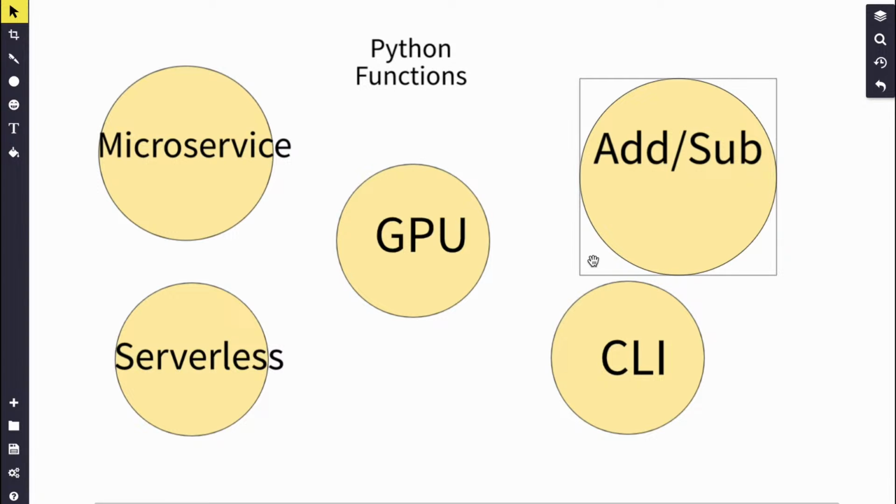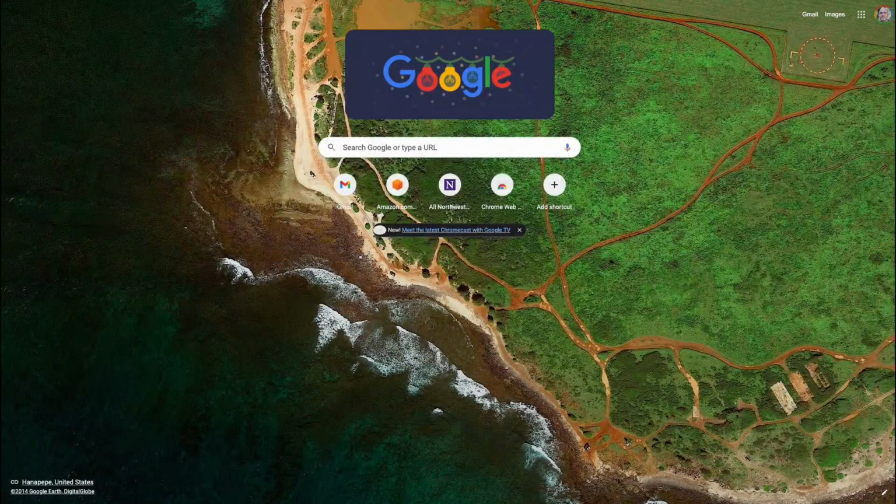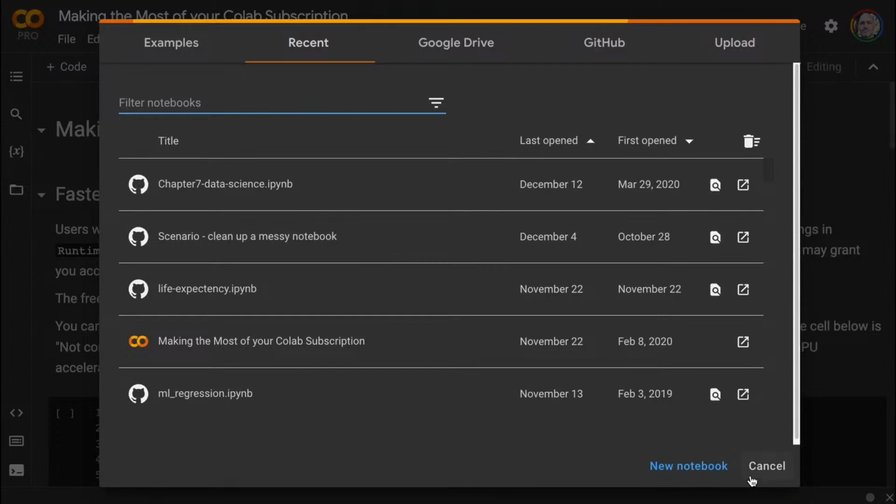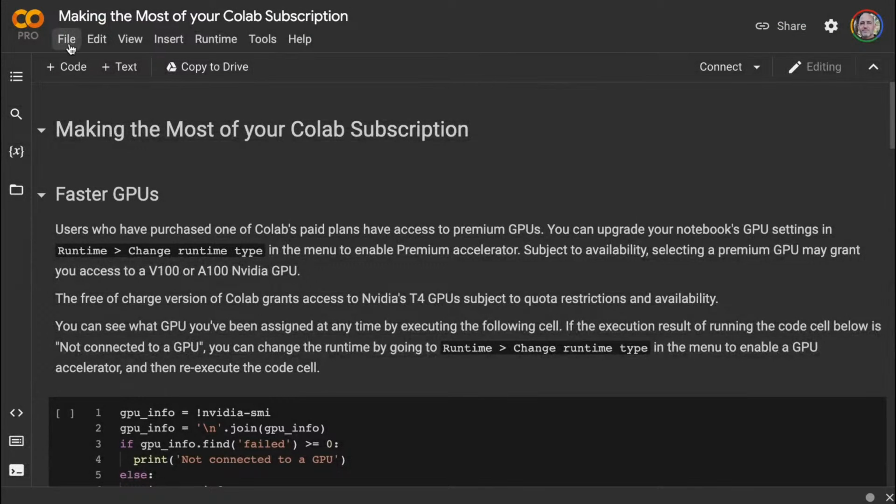And so what I can do to play around with a Python function first is to go over to a Colab notebook and just start with some of the ideas for a Python function. So I'm going to go to Colab here to get a hosted solution, and then I'm going to say new notebook.